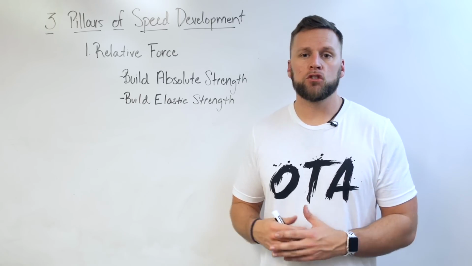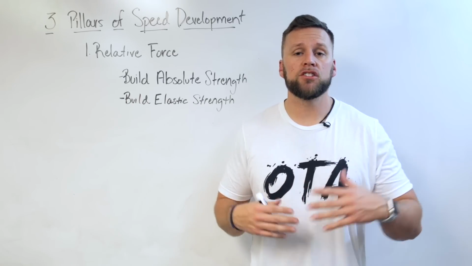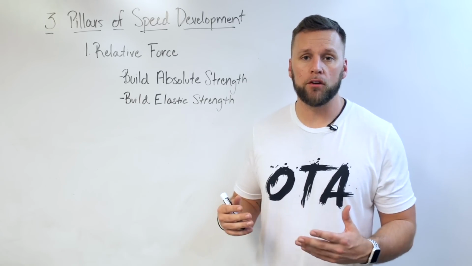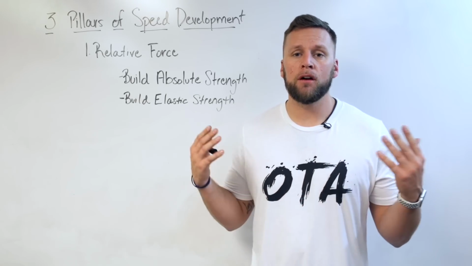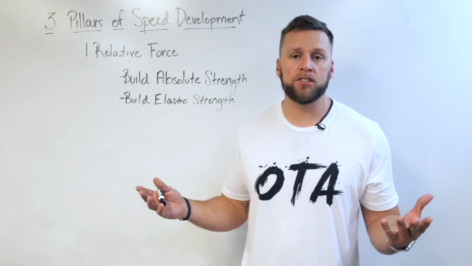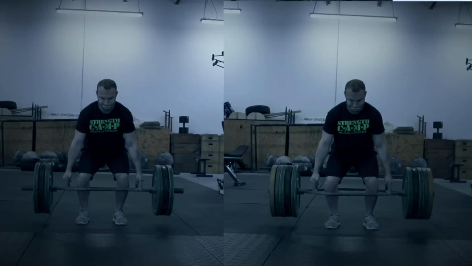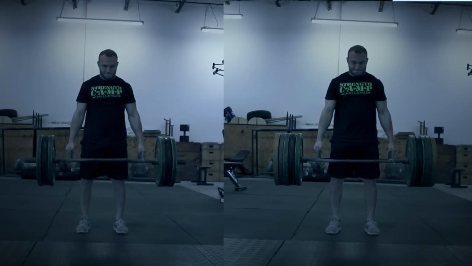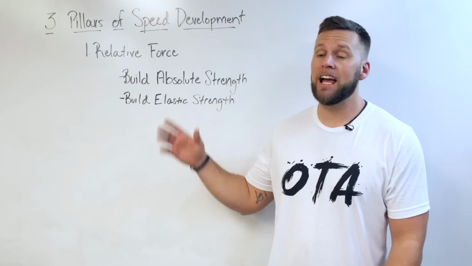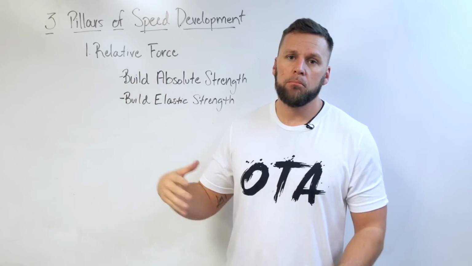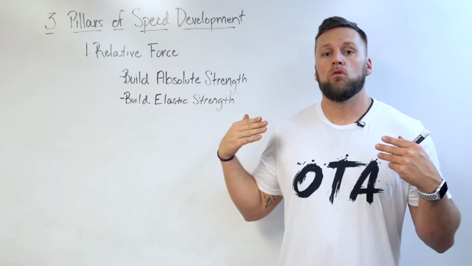Relative is just how it sounds, relative to your body weight, where absolute is the total amount of resistance that you can overcome. Now, what I like athletes to imagine is, imagine you have 2 athletes that are 200 pounds in body weight. One can lift 300 pounds, one can lift 500 pounds. The one that lifts the 500 pounds obviously not only has better absolute strength, but he also has better relative